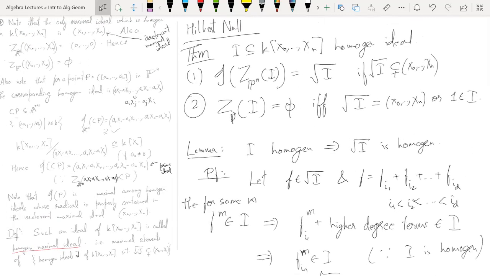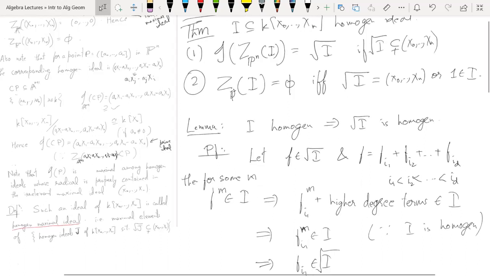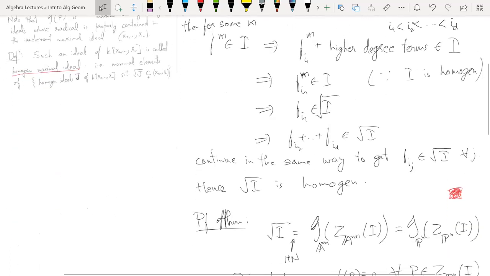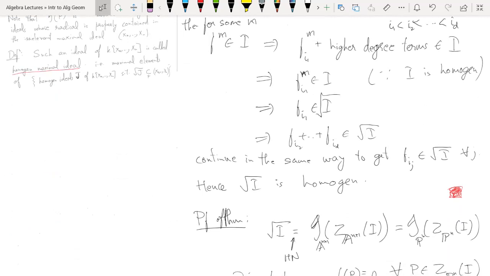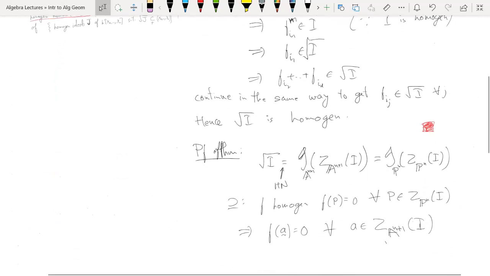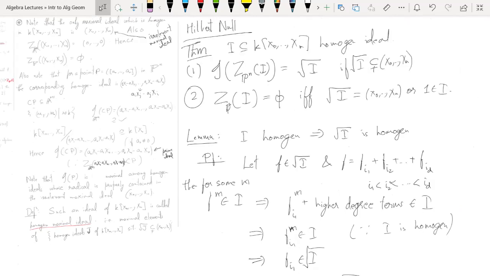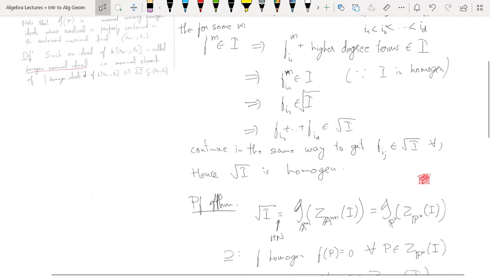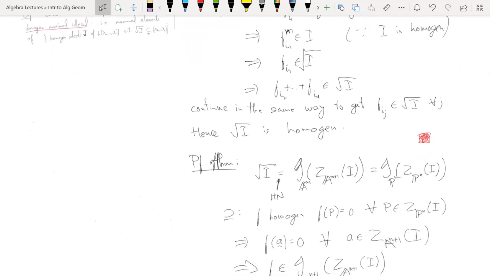So that is how we connect between projective algebraic subsets in projective space and affine space, and try to get this bijection between ideals and zero sets. Okay, so let's see the proof of this theorem, that the ideal of this is the same as the radical ideal. So note that the radical of I is the same as the ideal of definition of Z_{A^{n+1}}(I) in A^{n+1}.